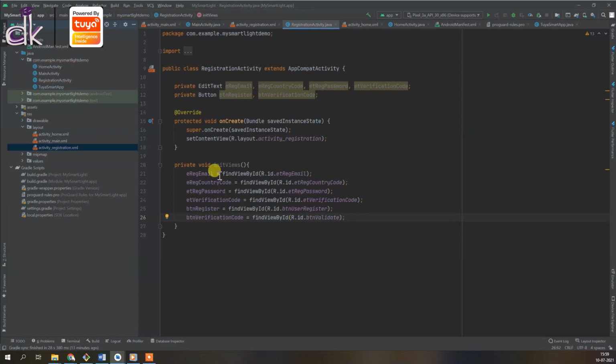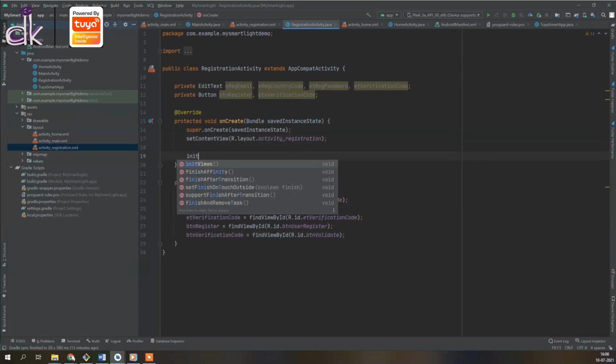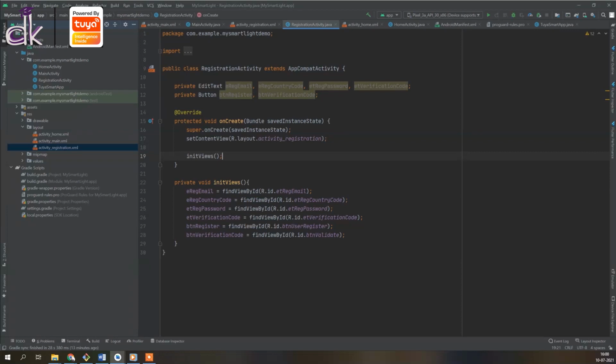All right, so we have binded the variables with their corresponding IDs in the layout file, and we need to call init views like we did previously. And now